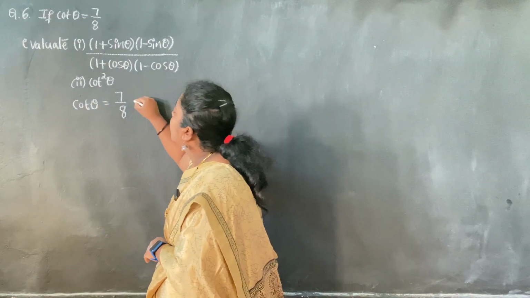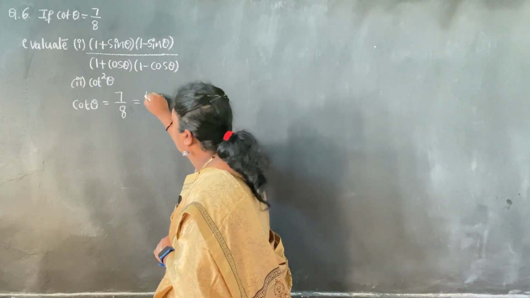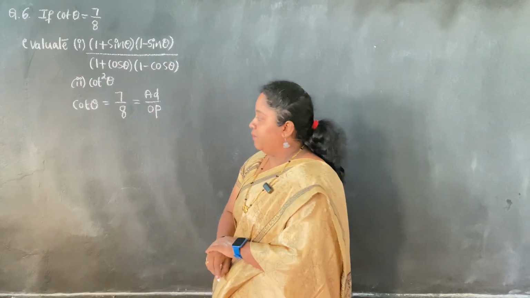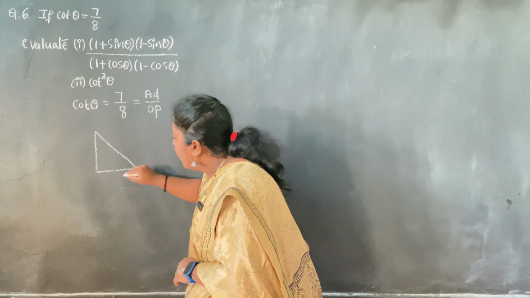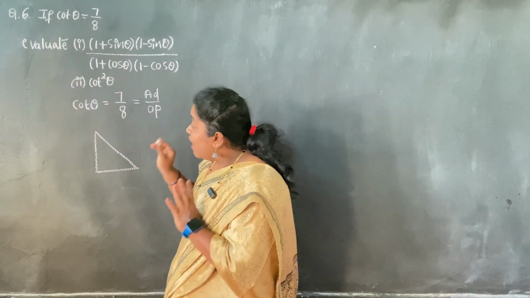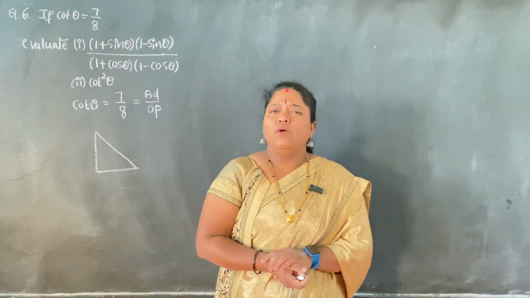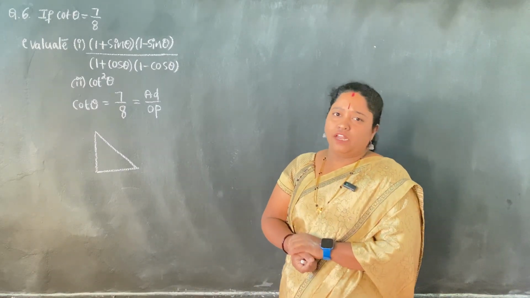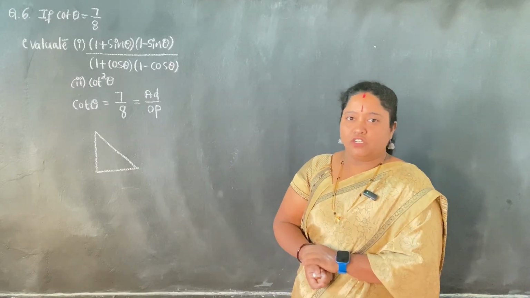And what is the formula, dear? Cot of any angle is given as the ratio of adjacent divided by opposite. Fine. Now we'll draw the right angled triangle. Now dear, see, they have written trigonometric ratio associated to theta. What is theta? Theta is just a representation of an angle. Don't get confused. Angle A, angle B, like that we have theta also as a representation of angle.